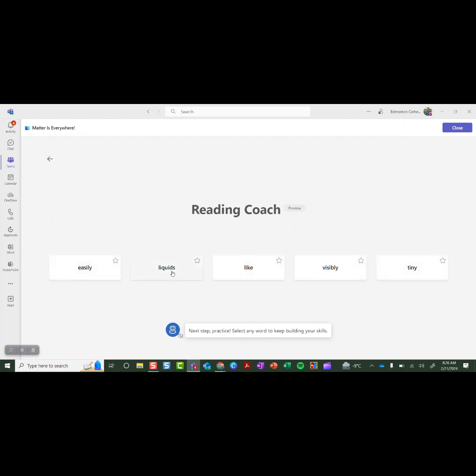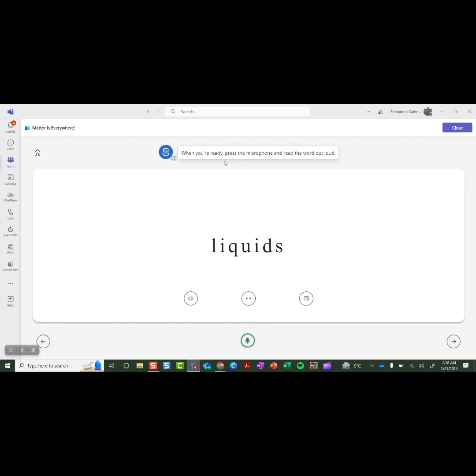So maybe I want to do liquids. I'm going to click it. So now I can decide to either hear the word, I can decide to stretch the word, or I can see a picture of the word to remember. And again, then I can say the word. Liquids. And it's going to go here, and I can go through all of my different words, decide to practice them, not practice them, and simply by clicking home,